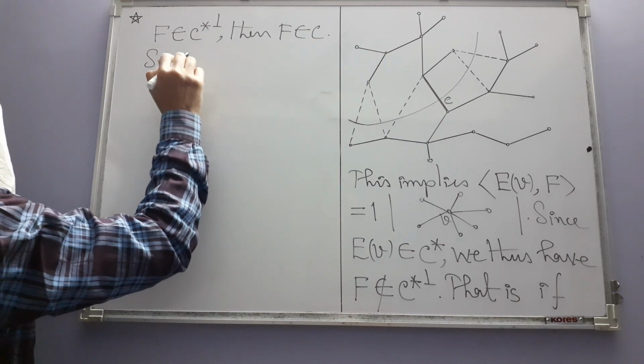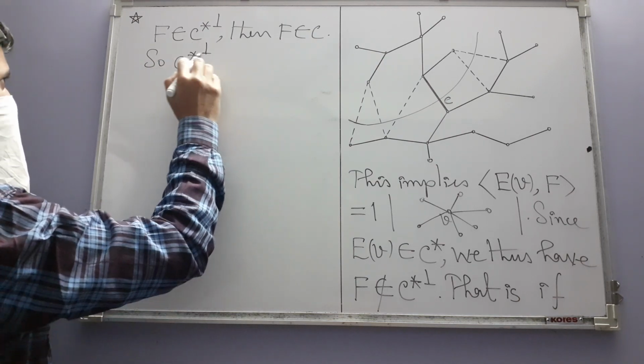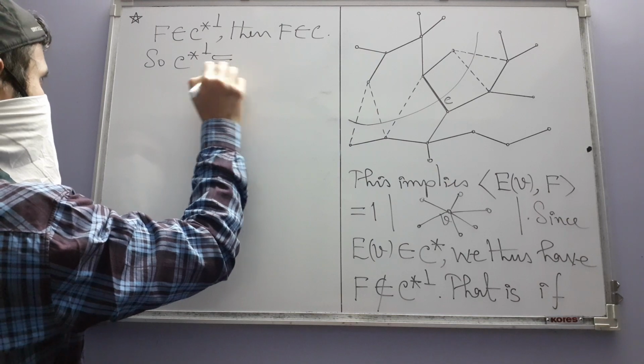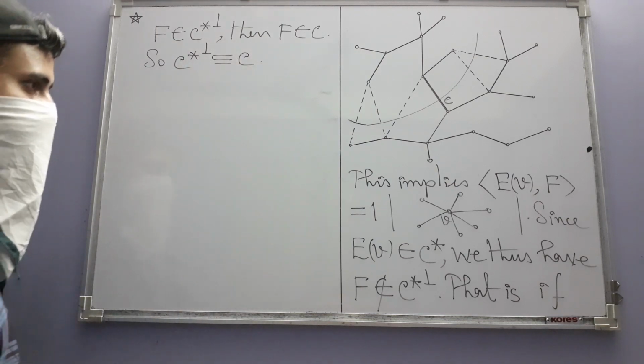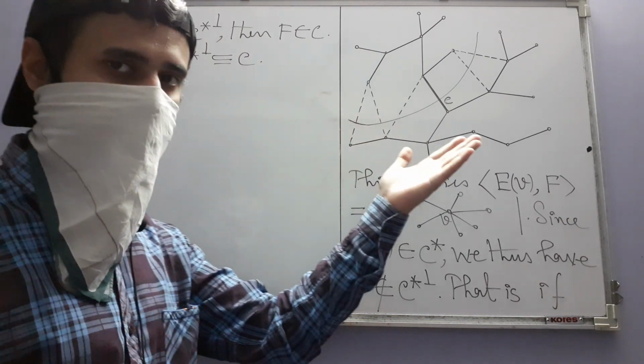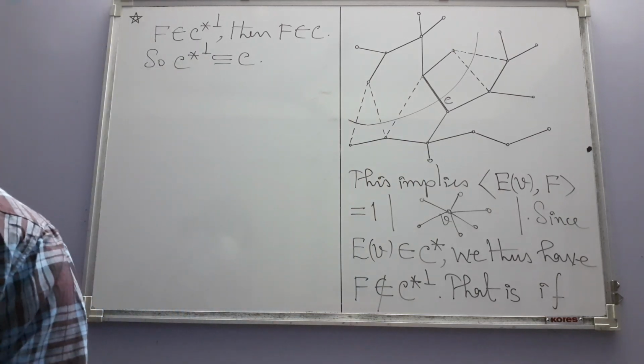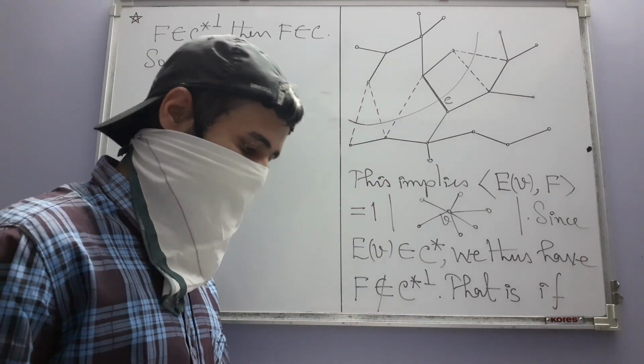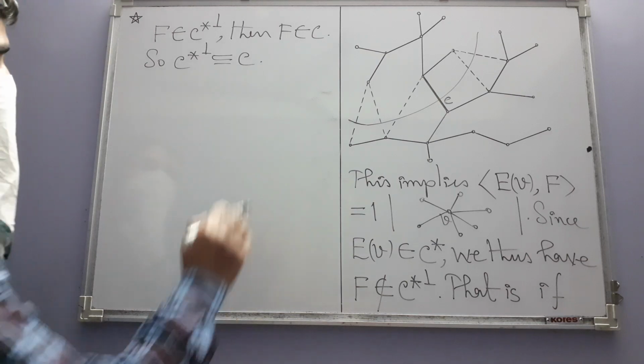So the orthogonal complement of the cut space is also contained in the cycle space, and the other inclusion we have already seen before. So combining these two things, you have equality. Hence